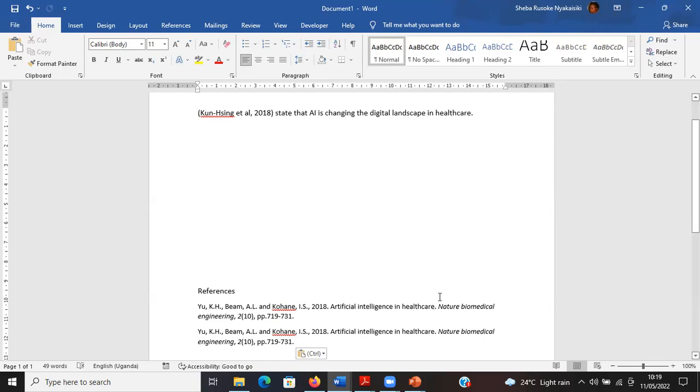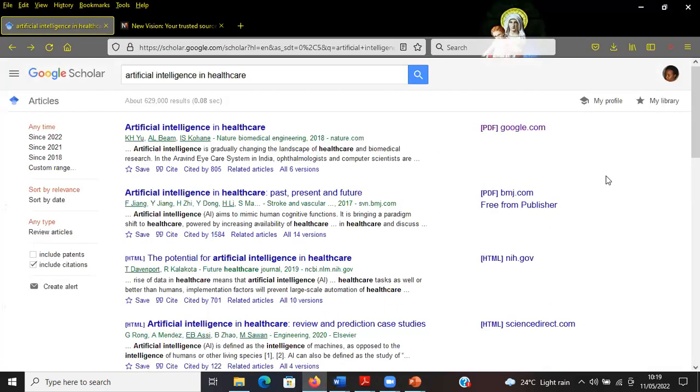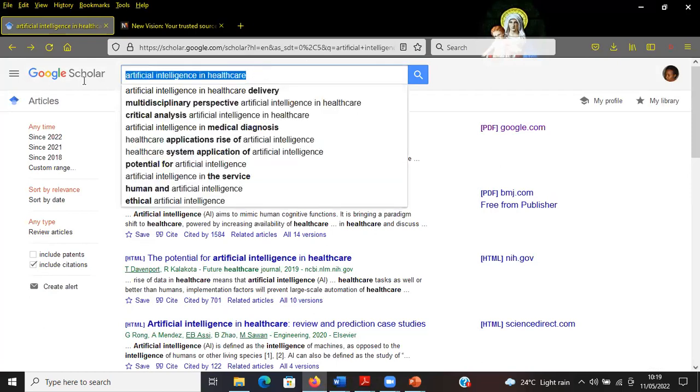Yes, madam. So that is one of the nice things Google Scholar can do for you. One, Google Scholar will give you academic documents on anything you search on. Previously, somebody had asked for banking. I don't remember who it was. Can you come back and try to refine your research topic, and we see how you can do that on Google Scholar?